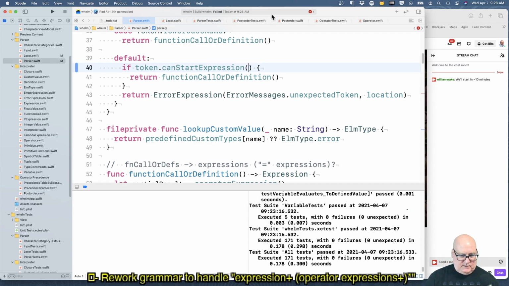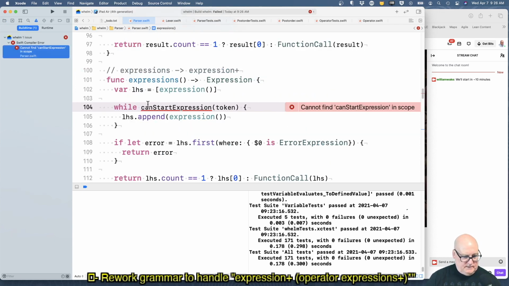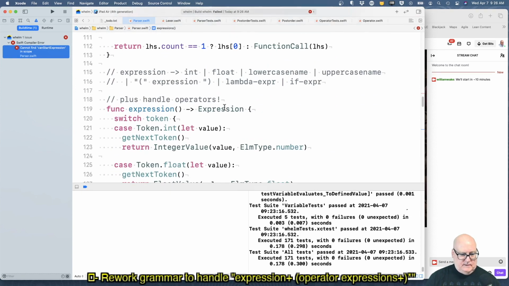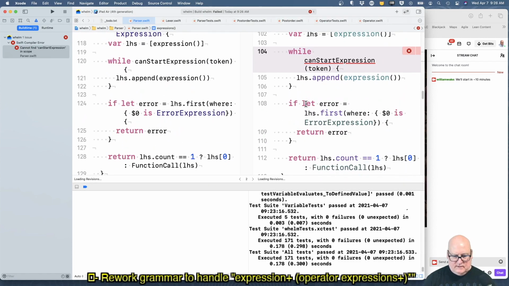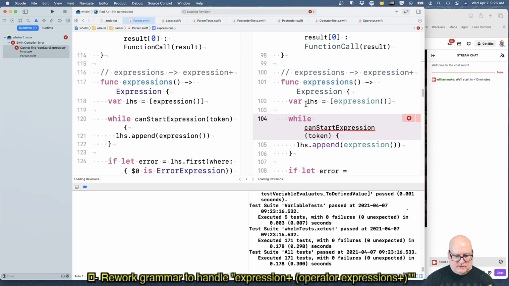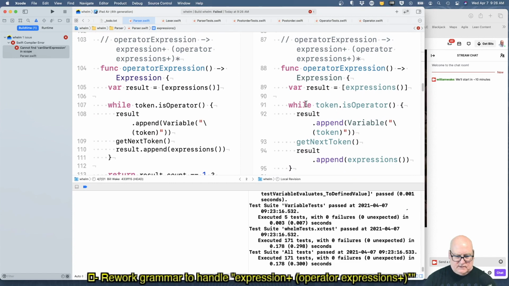Who's got a problem? Did we have that twice? Can start expression token and expressions.